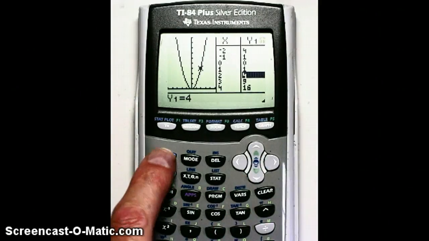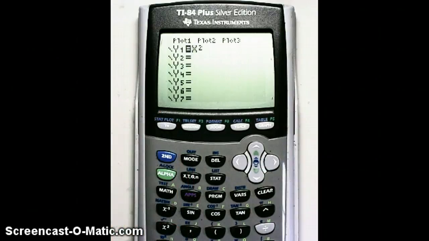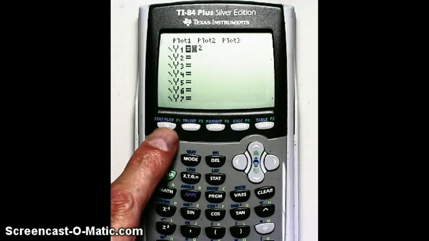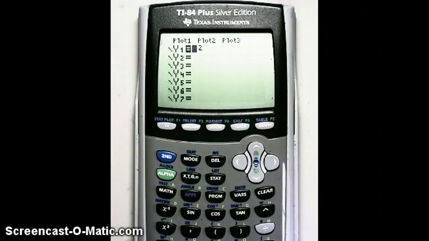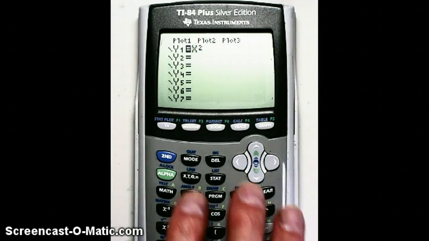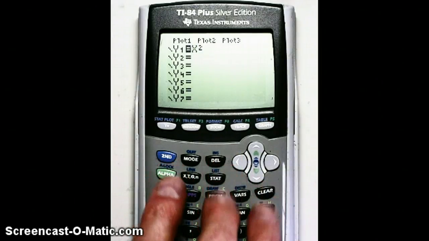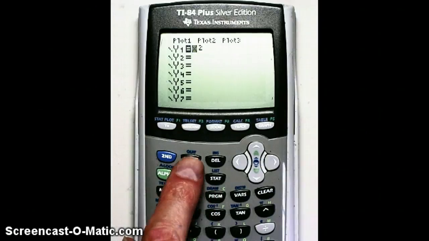Well, let's take a minute and show you. First of all, we'll just get out of this and you're going to go to your equation editor. Remember, that's what I said that button is called, your equation editor. And I'm going to put in x squared. Don't forget to use the square key here if you need to. All right, I'm going to ask you to hit your mode key, mode,